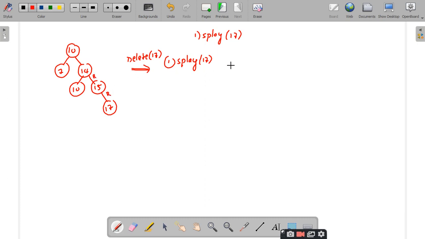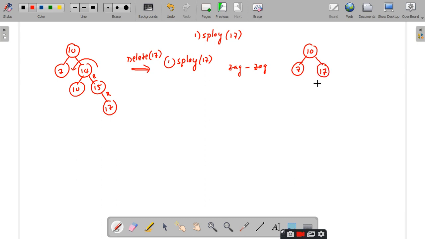Zag, sir. First you have to perform zag. So zag with respect to grandparent and then with respect to this one. So what is the final tree I will get? Any direct answer can you tell? Right side will be 17, sir.